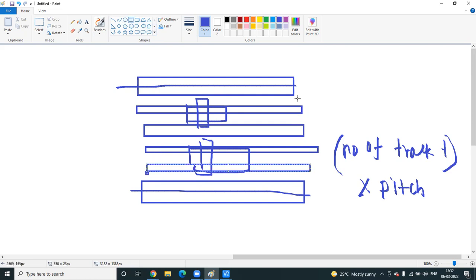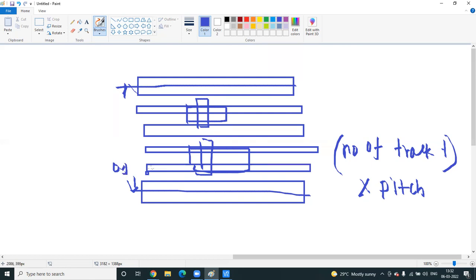So how many metals? In total you draw 6 metals. The height of a standard cell means the center to center distance from the P tap to the N tap. This is the distance, so this is how to measure it. And what is the track distance? Let us assume